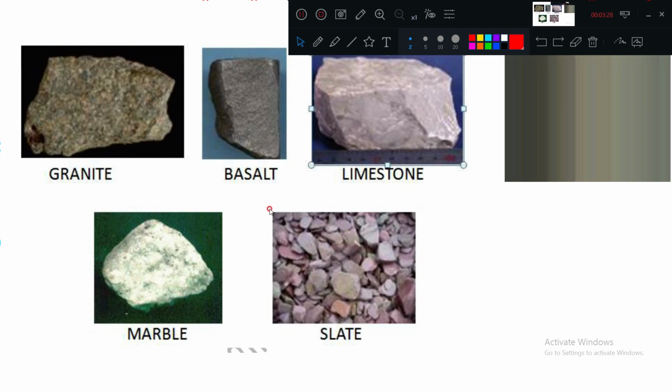Now just try to see this one. These are the names of the stones that we generally use in construction work. The first one is granite. In most civil work we generally use granite. Can you see this basalt, limestone? See how the appearance has changed from granite to limestone. Next is marble, slate. Some of these stones are used for foundation work or load-taking works. Some are used for ornamental work which does not carry any load. These are only used for appearance or aesthetic view.